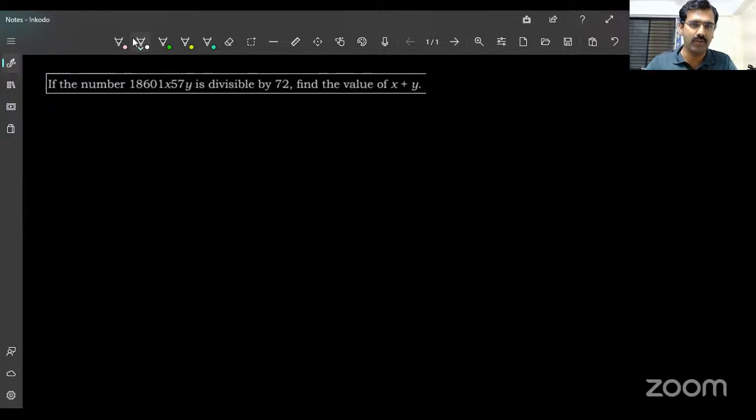Here we are with the first question for the day. If you look at this question, what does it say? If there is a number 18601x57y, and we are told that this number is divisible by 72, and you are asked the value of x plus y. Now, that may look a very tricky question, but please understand, if I could split this 72 into a product of two co-prime numbers, for example, 8 and 9,